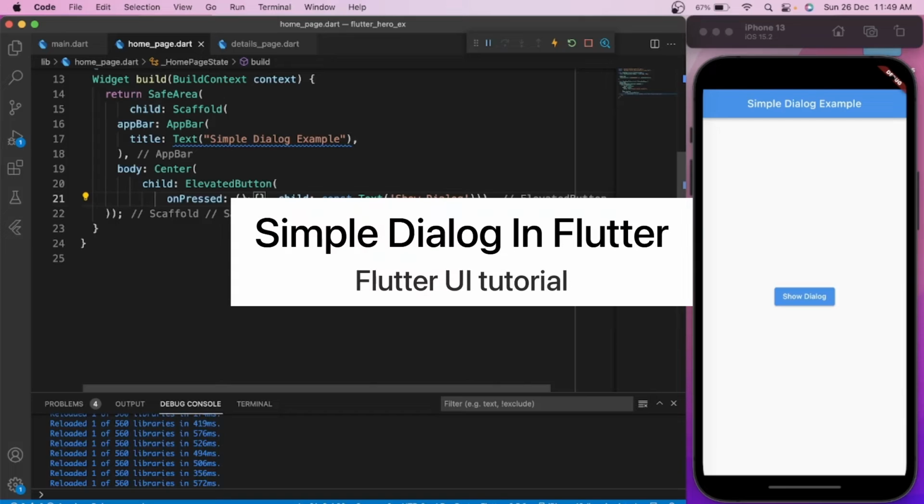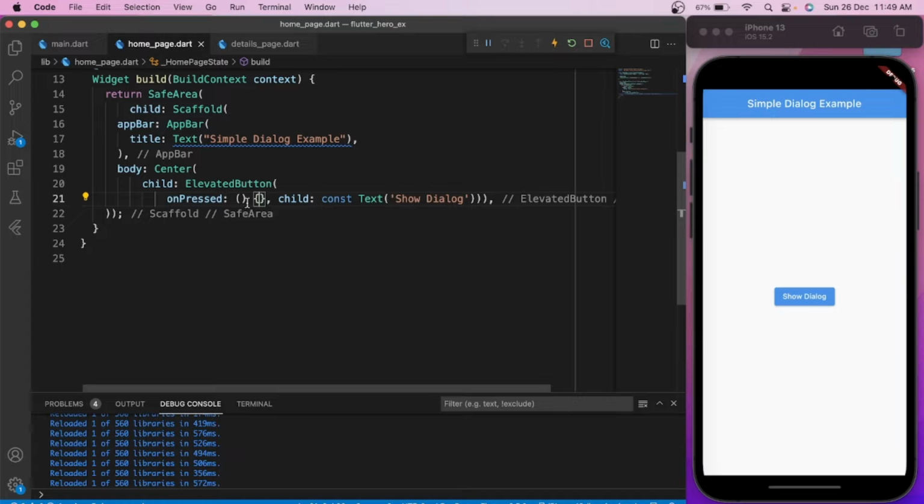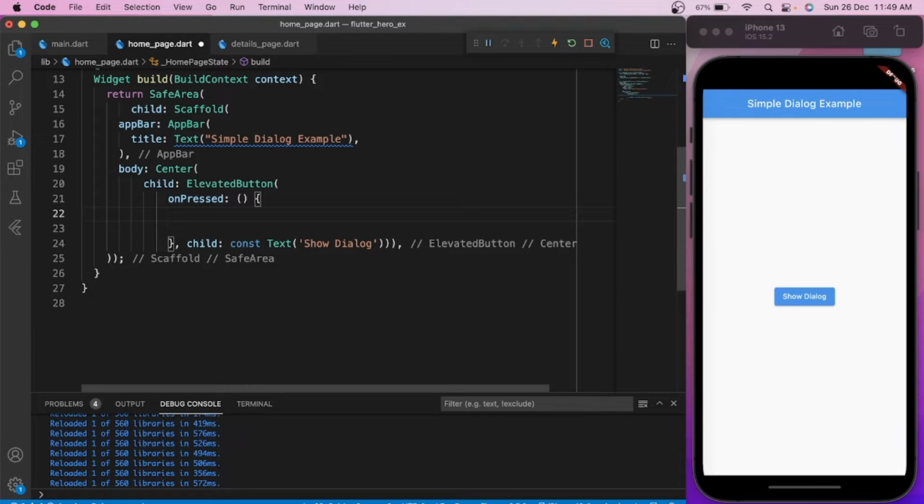Hello guys, welcome back. Today in this video we are going to see how we can add a simple dialog. So here, as you can see, I have added one simple show dialog button. In on press of this button we are going to add